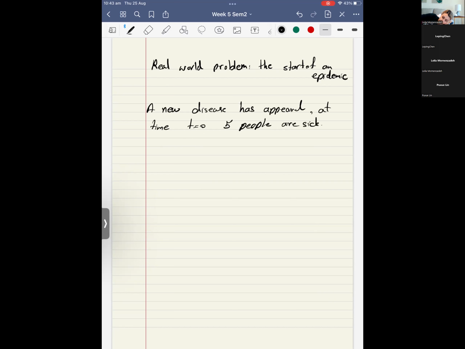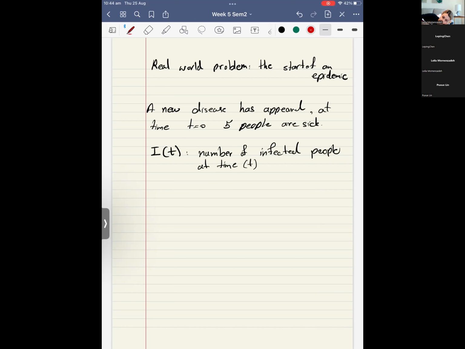If I put I as the number of infected people at time t,